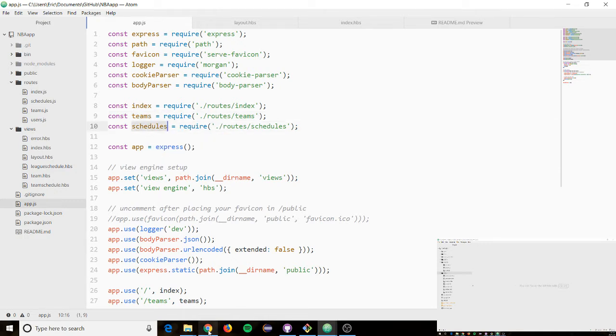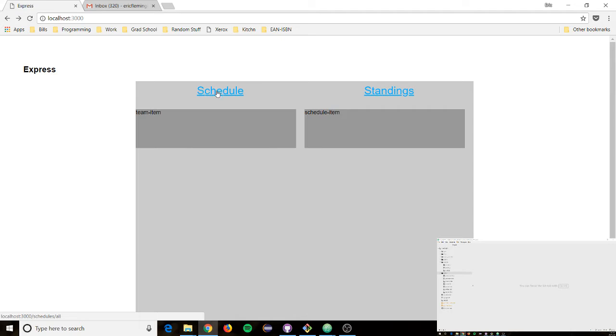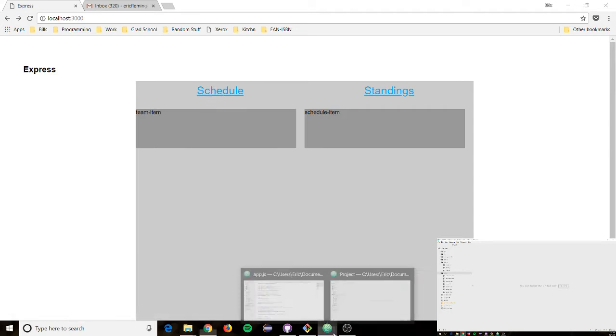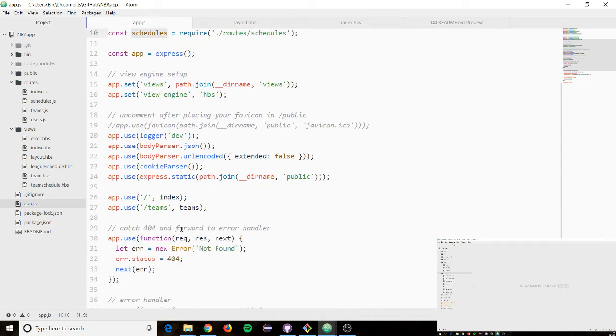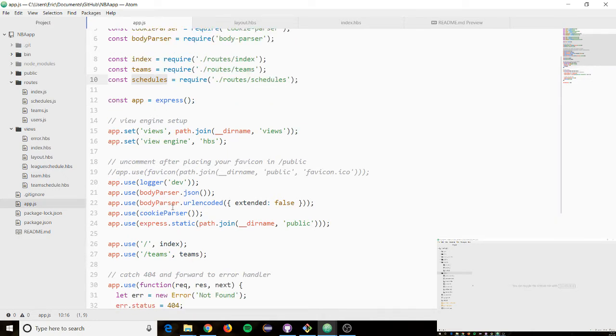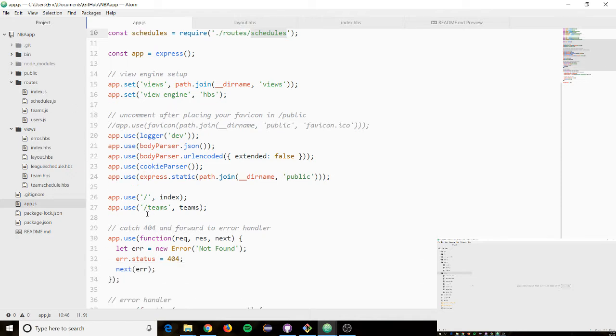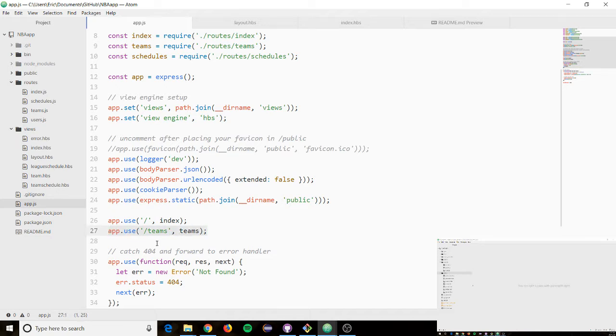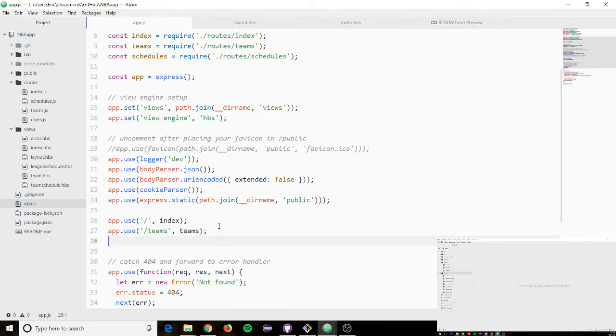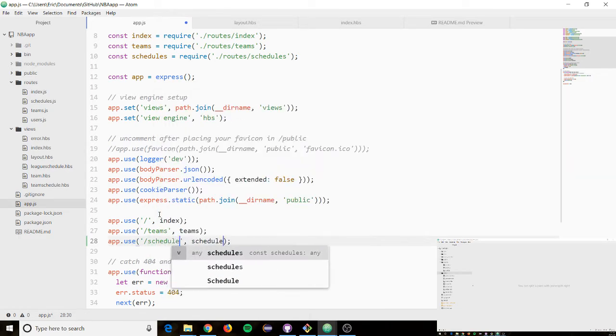So I already have a schedules route. So that means when I click this, I should be thinking that I'm working off of the schedules route. And specifically, that doesn't really exist right now. Notice that I tell the computer to go look in the routes folder for teams. So in the routes folder, I have teams, but schedules will fail. So if I look in the routes folder for schedules, it's there, but I'm not telling the app that it's allowed to use this. So I will take this line of code, copy it, use everyone's favorite Control-D, call this